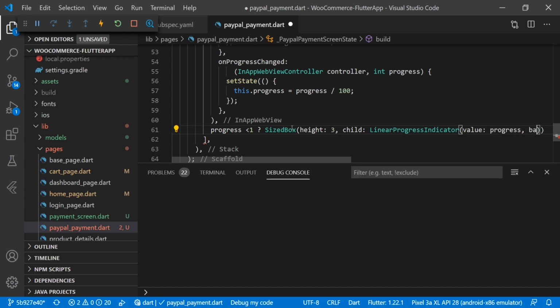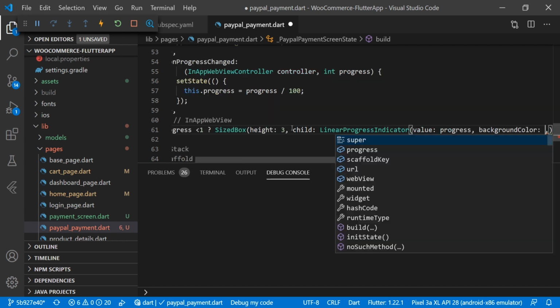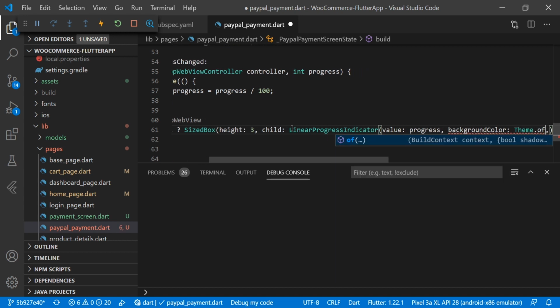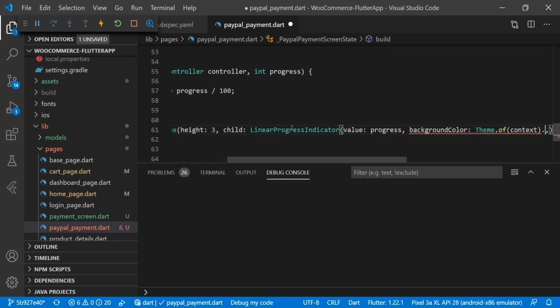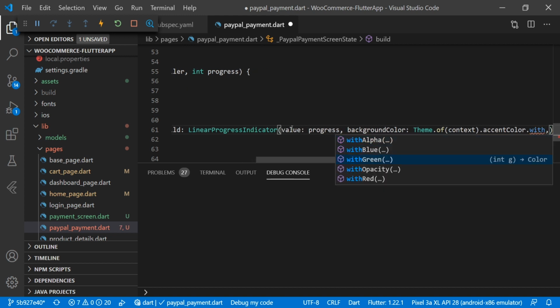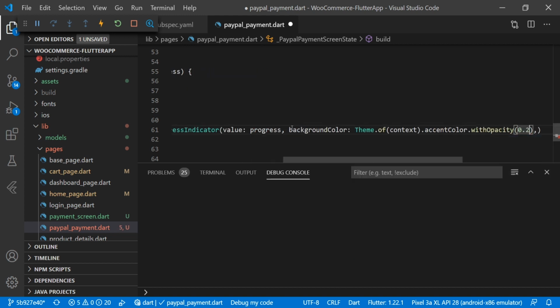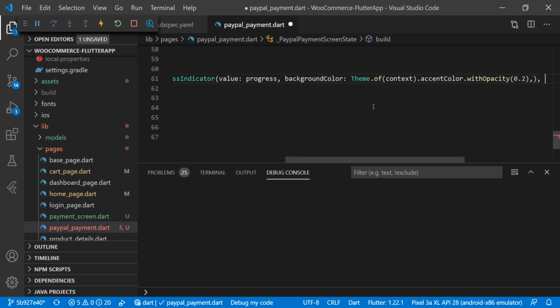Then we will have the background color, and we are using Theme.of(context).accentColor.withOpacity(0.2), else we will pass a SizedBox.